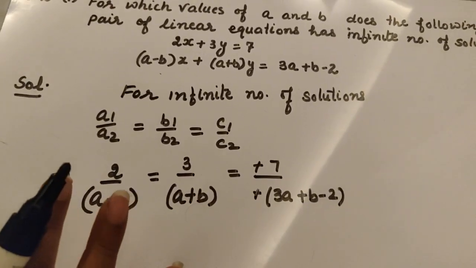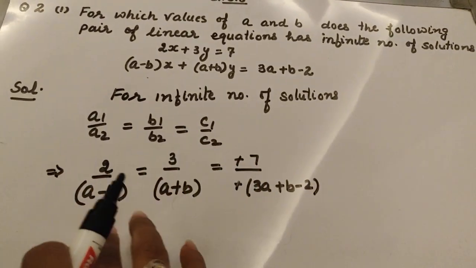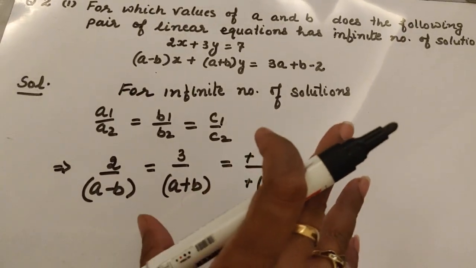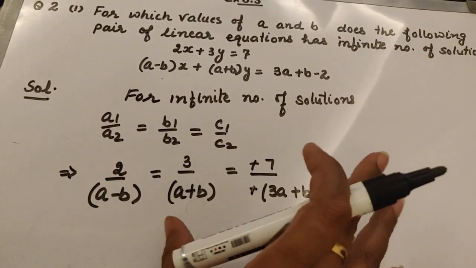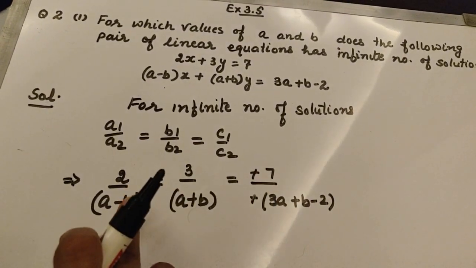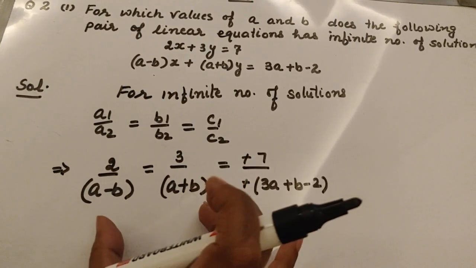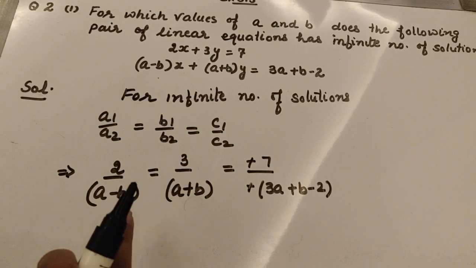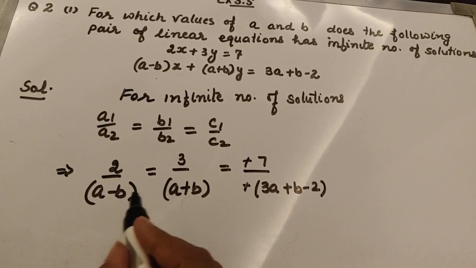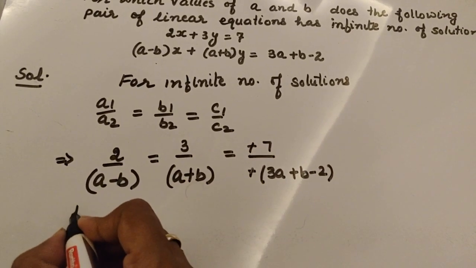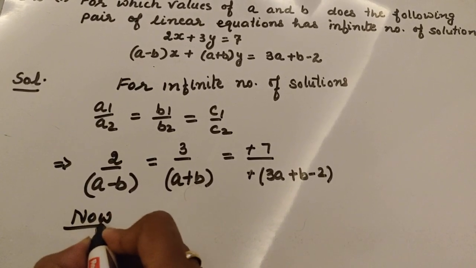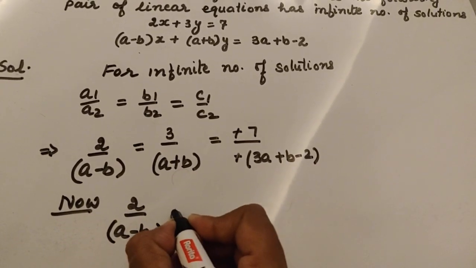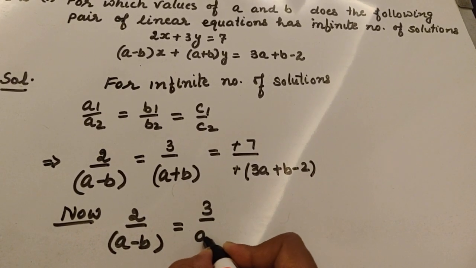Okay. Now children, please remember, whenever you are given that three things are equal to each other and you are solving it, you have to take any two equalities at a time. कोई दो का equal वाला relation लेना. All three you are not supposed to use all together. तो लाइक जैसे पहले मैं इन दोनों का इक्वल का रिलेशन ले रही हूँ. So now 2 upon (A minus B) is equal to 3 upon (A plus B).